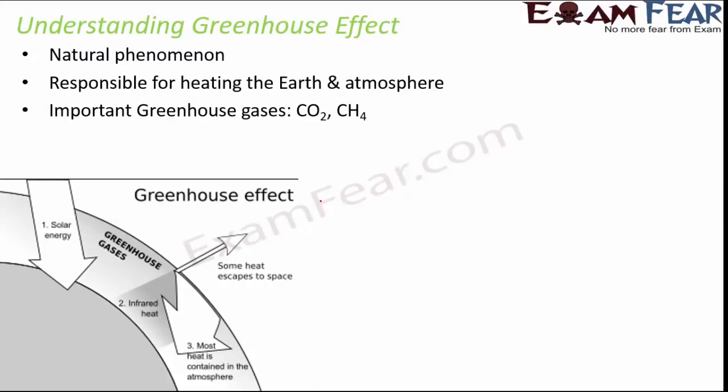So by now, all of us know what is greenhouse effect, right? So in greenhouse effect, what happens is the infrared heat which enters inside the Earth's surface, most of it is contained within the atmosphere. Only a small part is able to escape. So as a result, the overall environment gets heated up, and this causes global warming, basically, right? So in greenhouse effect, the most important greenhouse gases which cause this to happen are carbon dioxide and methane,